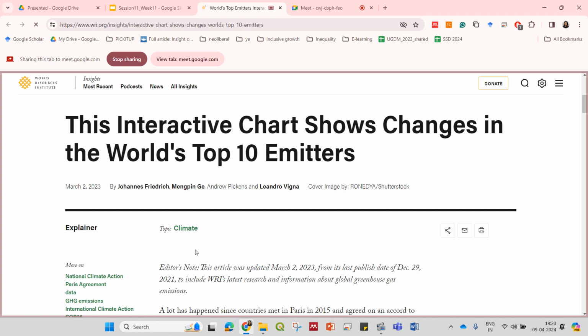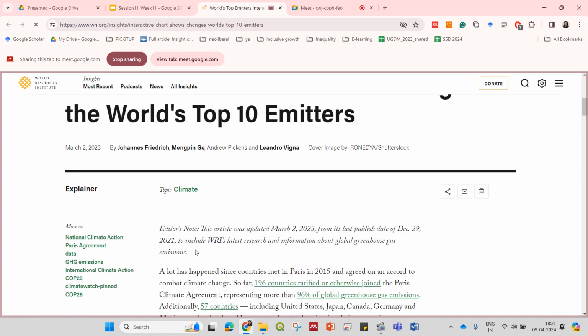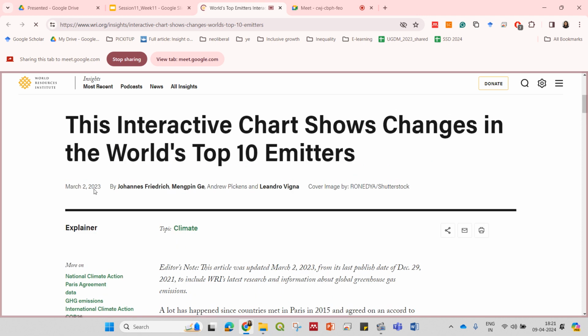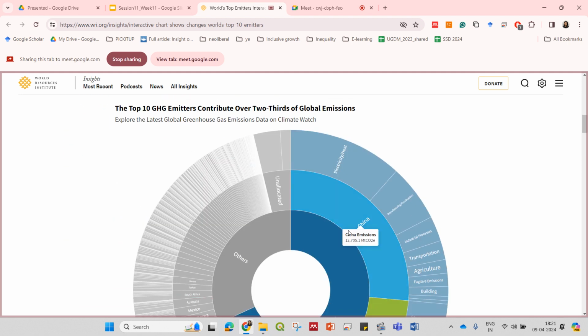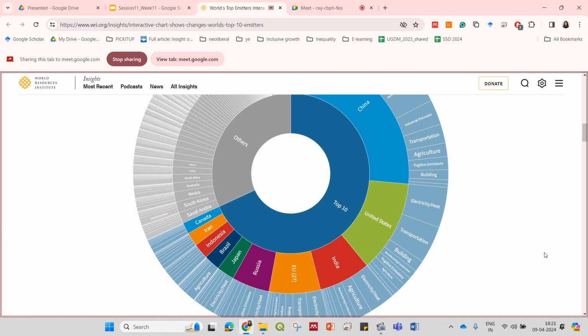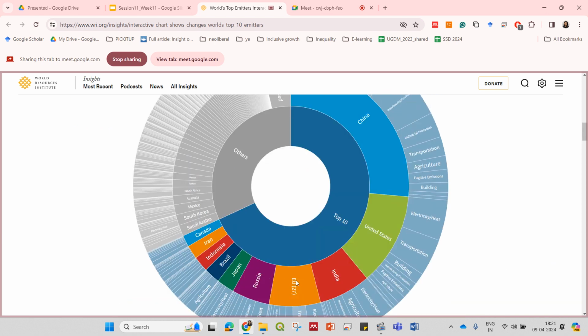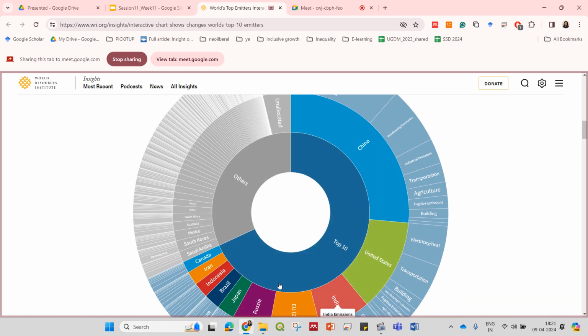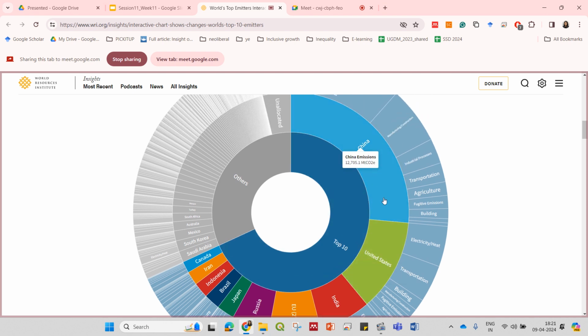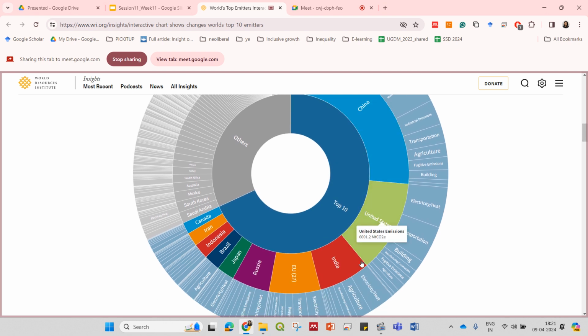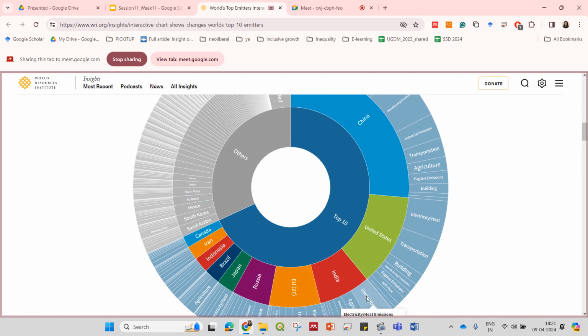So this is WRI's website. You can see in this article, which was published in March 2023, they are talking about the world's top 10 emitters, and you can see in this chart which are the largest emitters. First, they have provided a country-wise or economy-wise chart. You can see China is the largest emitter, followed by United States and India and EU and Russia and so on, and also by